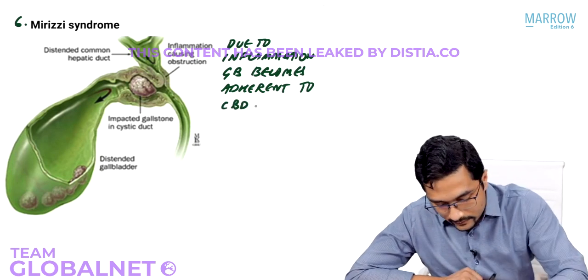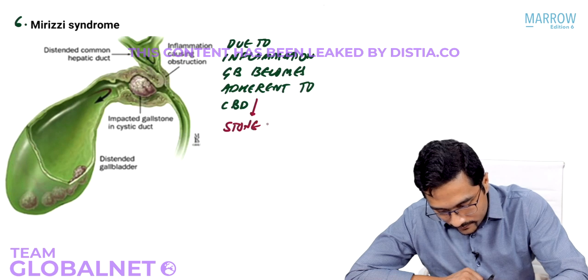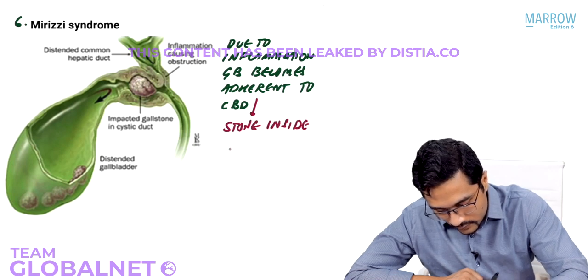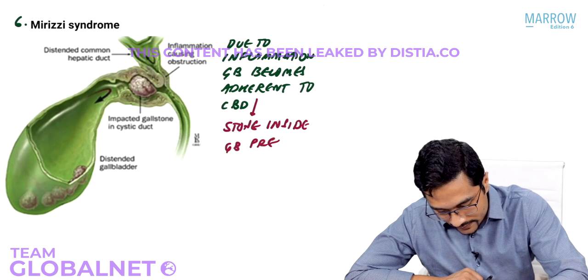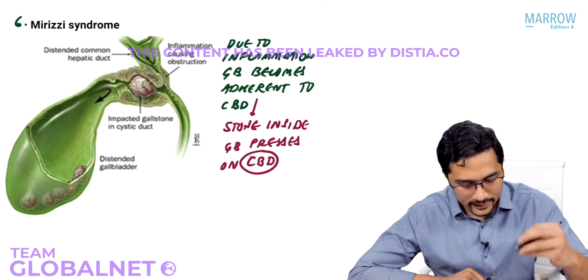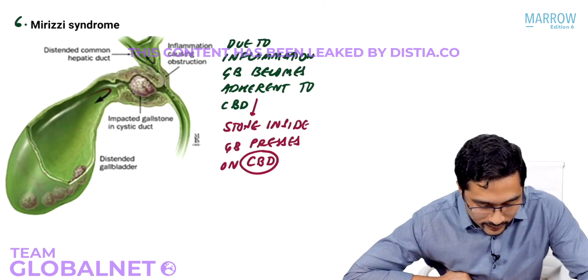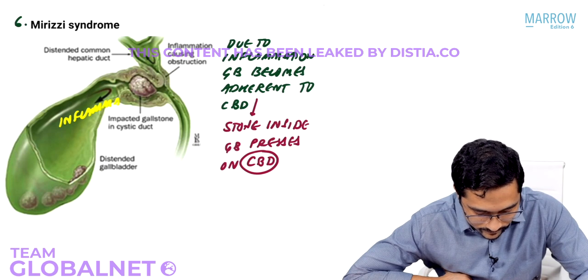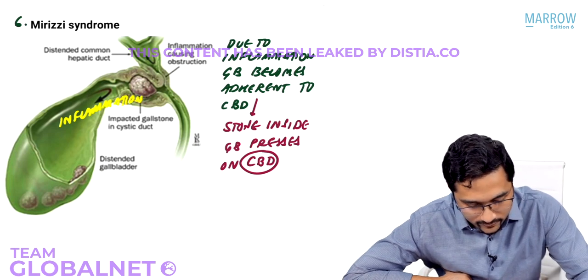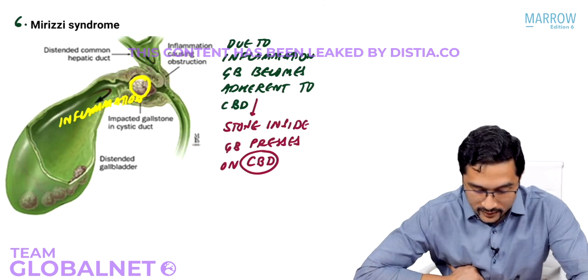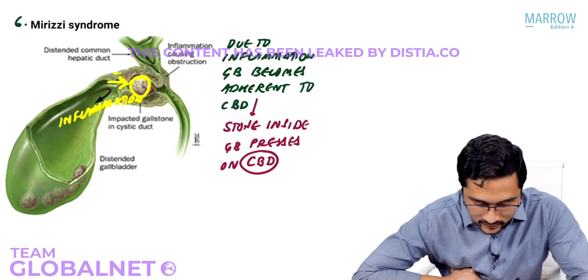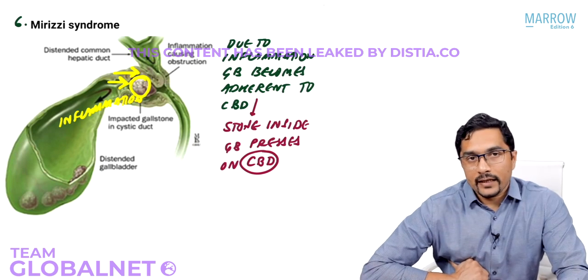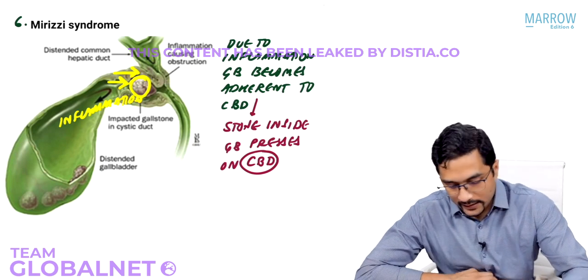And the stone inside the GB presses on the CBD, right? So due to inflammation, this stone is now putting pressure on the CBD, and because of this pressure in the CBD,